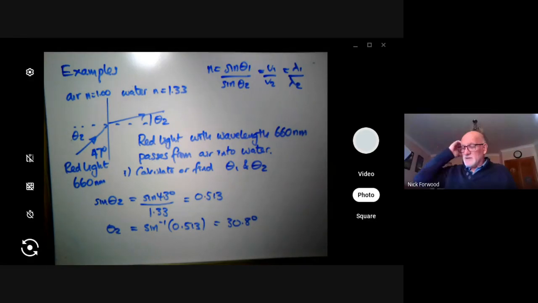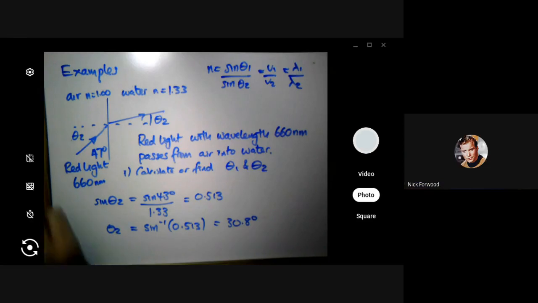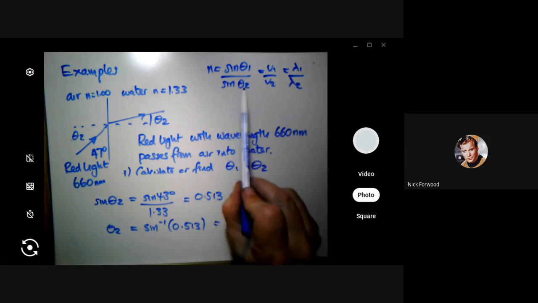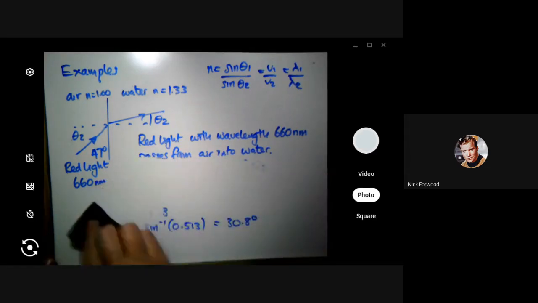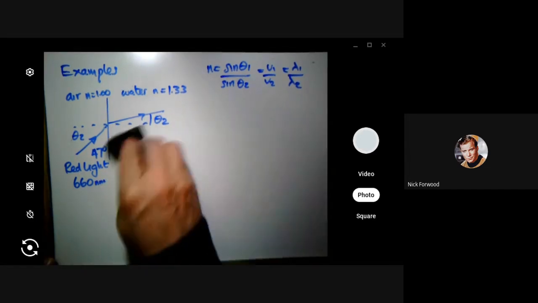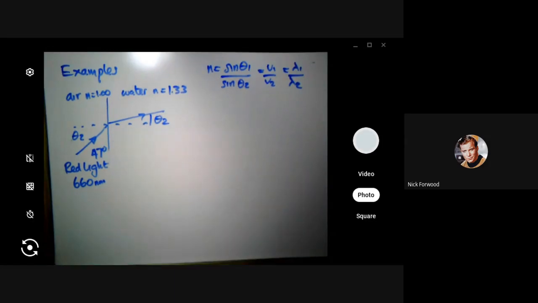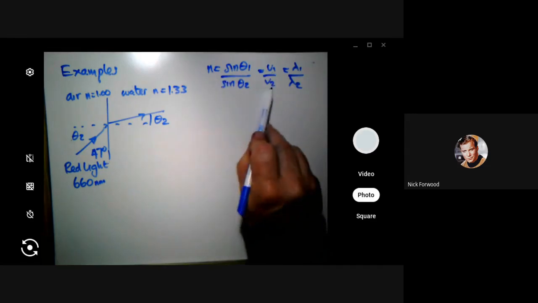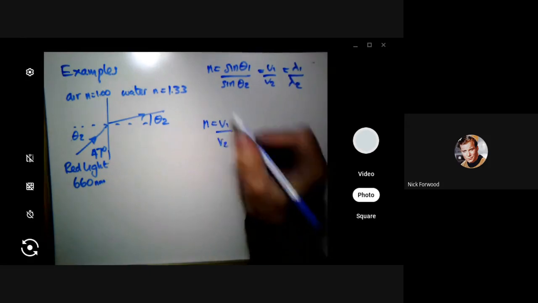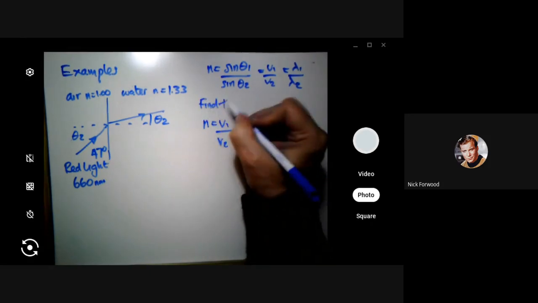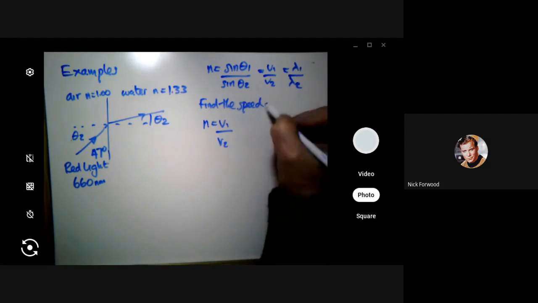Now, I know we know this because we've done this before, but we're going to have to go through the calculation. We're going to use the next bit of the formula there. So I'm going to rub out that bit, and that, just to give myself more space. And we're going to use this time n is v1 over v2. And we're going to find, I should write that down first, find the speed of light